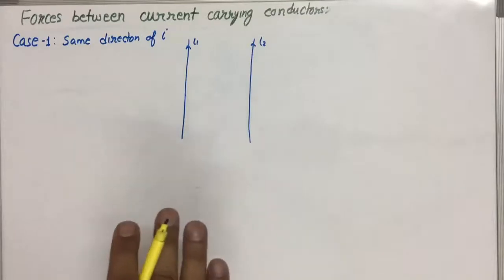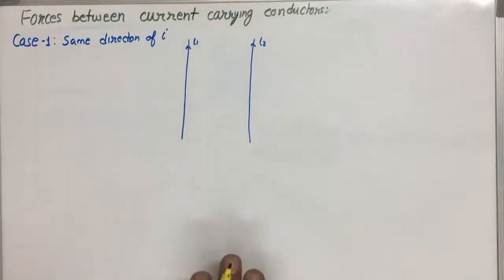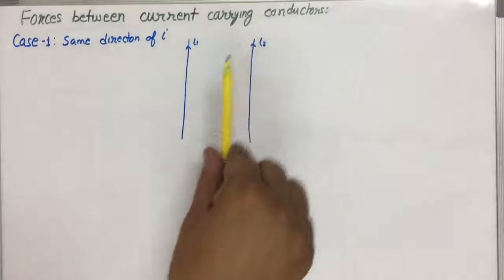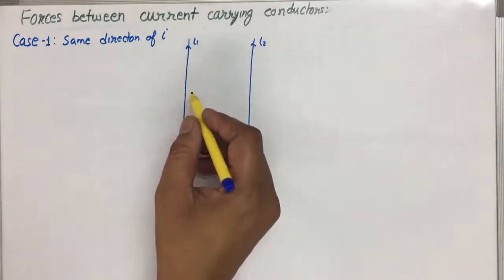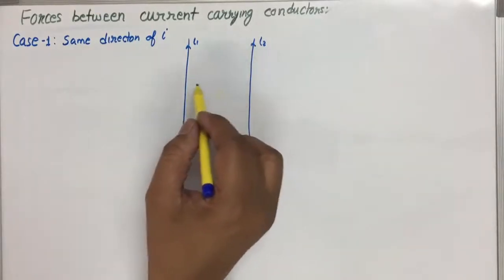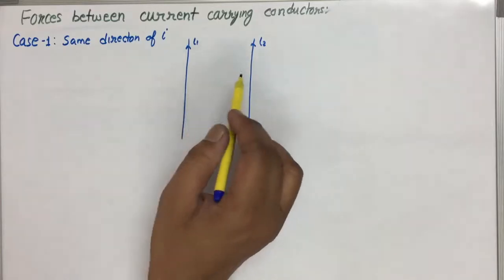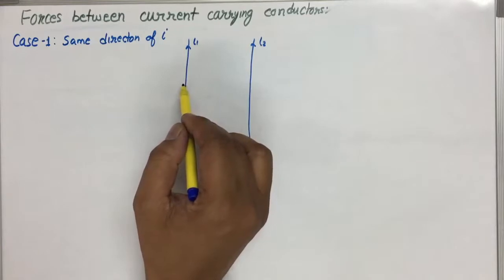and so consider this is parallel to the plane, just the current is flowing like this. Okay, so now we have to find the force acting between these two. We know the formula to find the force from the current carrying conductor at any point in a magnetic field. So the same thing we will apply here.